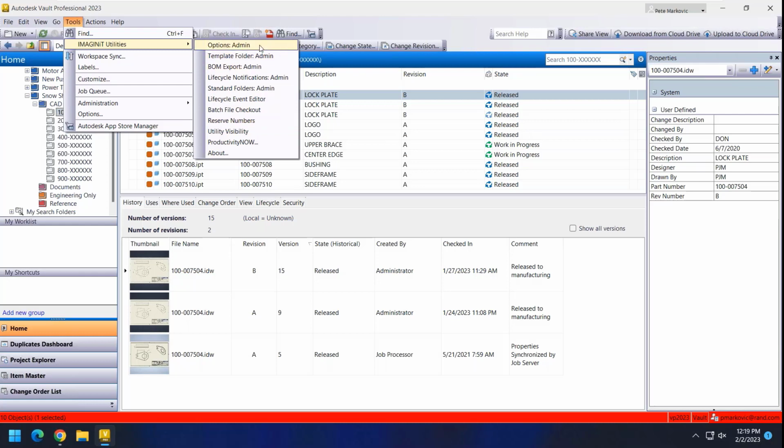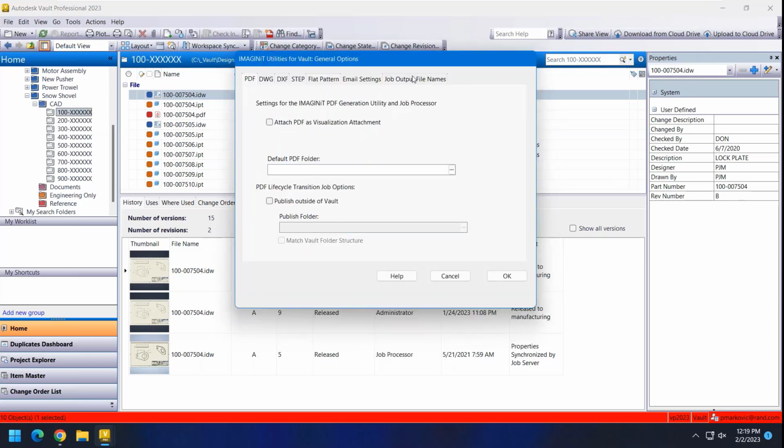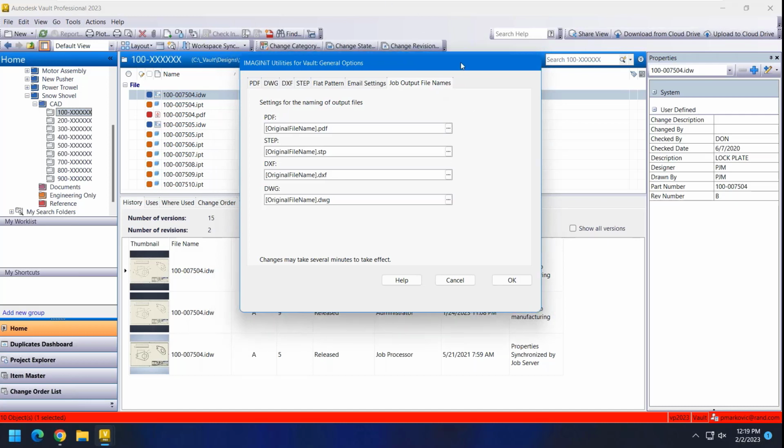If you have the admin access, we'll start here under Options Admin. One of the things that we've added this year is the job output file names. Now, these are for our jobs. These do not impact the Vault jobs. So if you're using Vault to generate PDFs, because we all know that Vault does PDFs as well,